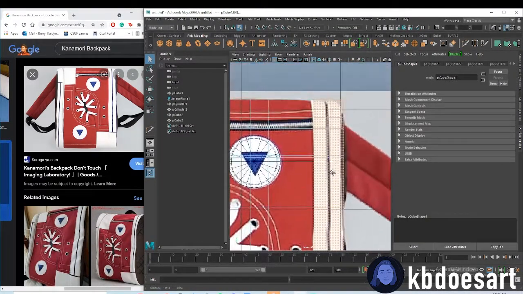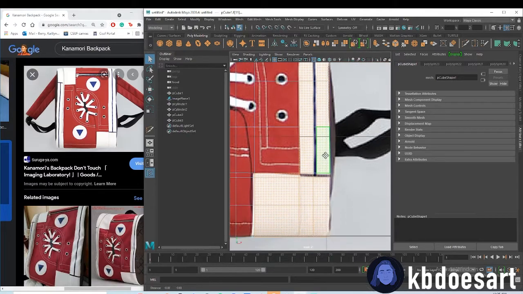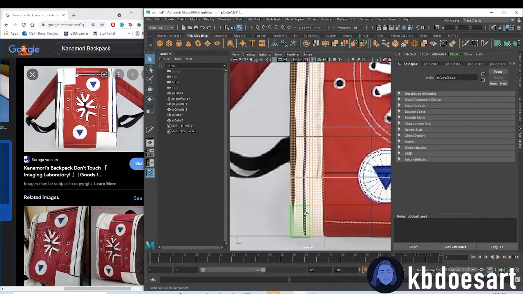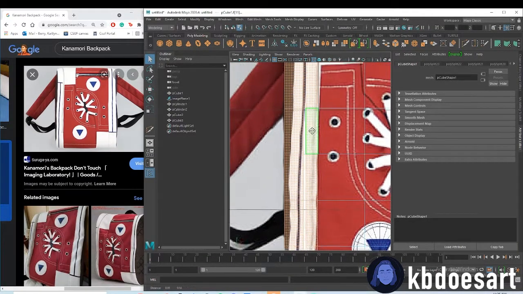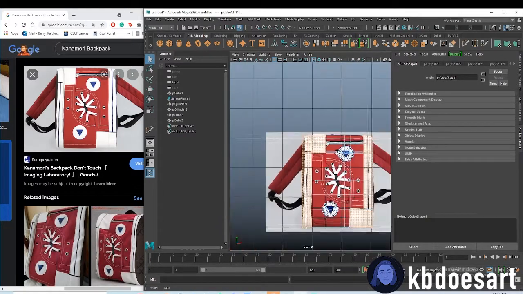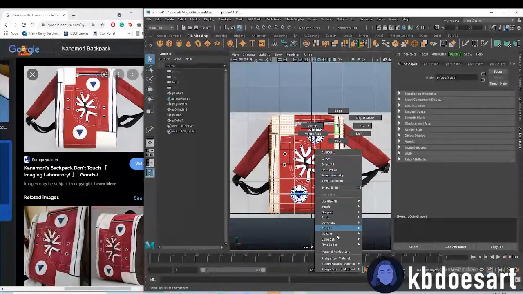And then technically, you can delete the faces that are going to be black. So those guys, those guys. I'm just going to add a super quick base color just to get a better view of stuff. Okay, now that you have that, you're going to hold right click and do assign new